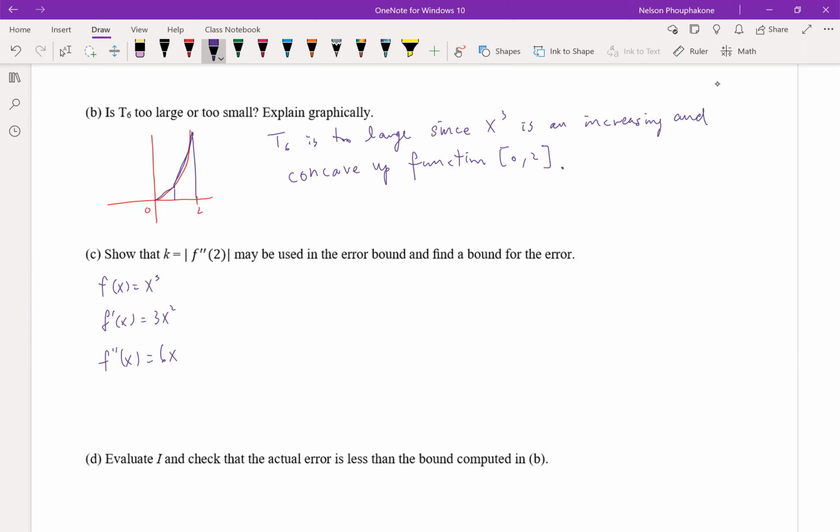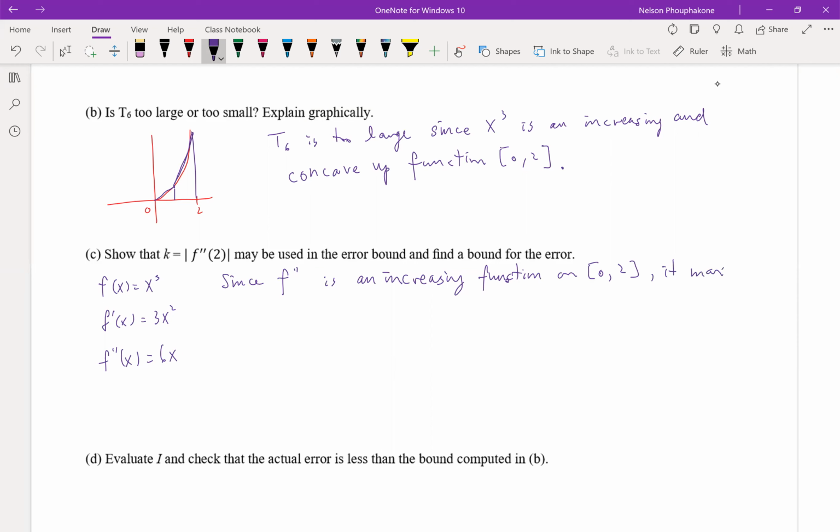So now you will see that f double prime of x is actually 6x. Now for the function 6x, the slope is positive, meaning the function is increasing. So we could write it like this: since f double prime is an increasing function on the interval 0 to 2,